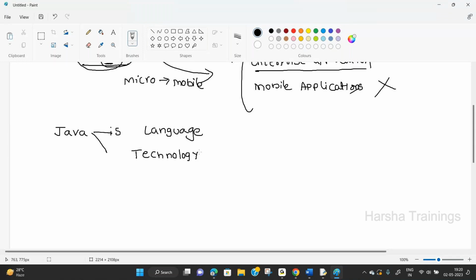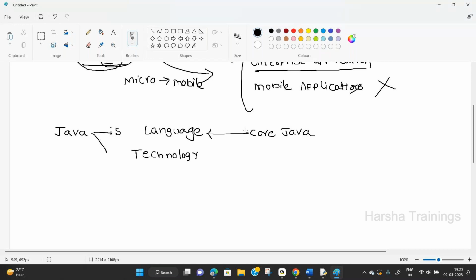Which one is correct? Is Java a language or a technology? Both are correct. But remember, core Java, that is J2SE, is called a language.